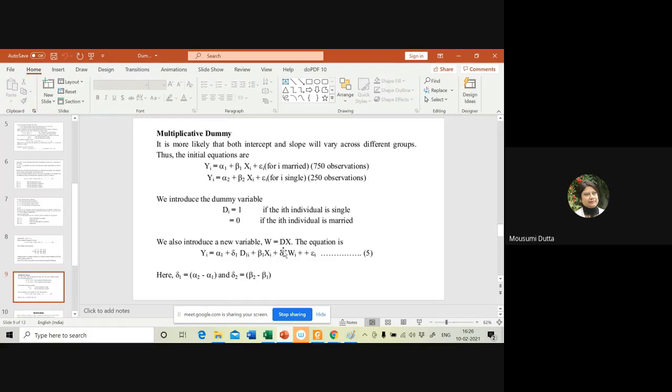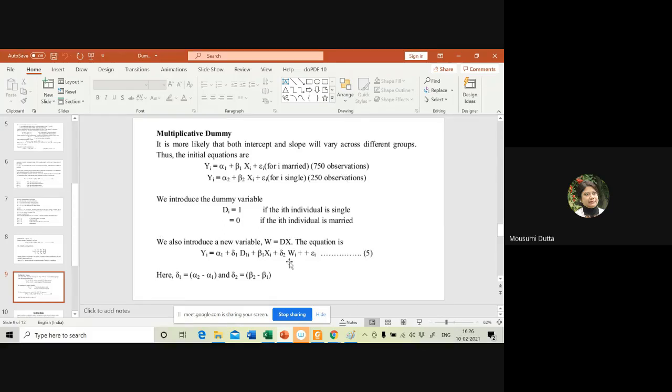Along with this, we introduce another new dummy variable w, which is equal to dx. So look at the nature of the dummy variable. It is d into x. Okay, so I'm introducing a dummy variable w, which is d into x. Okay, so we are writing the equation as yi is equal to alpha 1 plus delta 1 d1i. We are familiar with delta 1 d1i. Then we are putting the beta 1 xi, that is the MPC of the 750 observations, beta 1 xi, plus